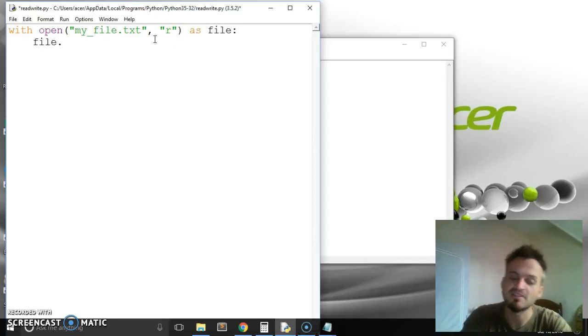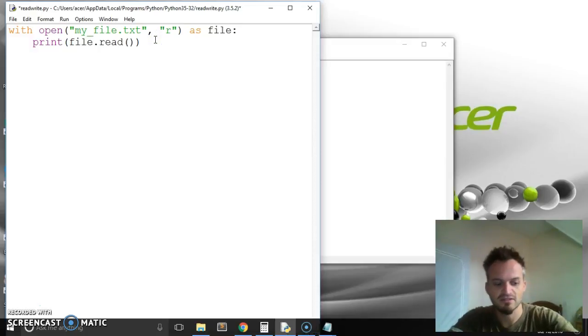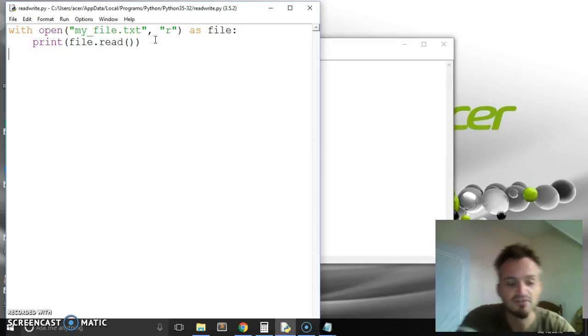and then we just need to do as we did before, file dot, but this time we don't say write, we say read. Now, of course, we want to be able to see what we're reading, so we're going to put it inside of a print. But you could do anything with it. You could stick it in a list. You could do some kind of if statement. I'm just going to print it,